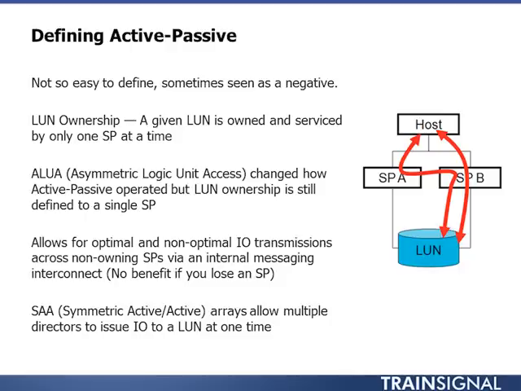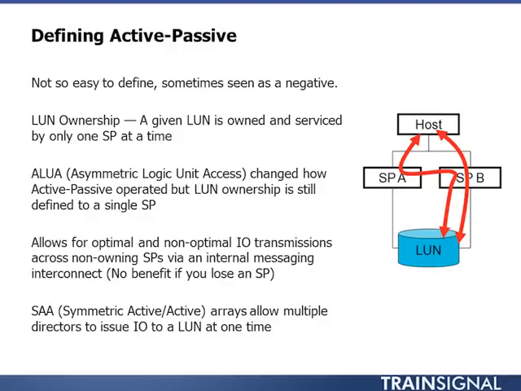Now, when you add in something such as ALUA, asymmetric logical unit access, this really changes the way how active-passive operates. But does it really? LUN ownership is still defined to a single SP. So with ALUA, the best way for me to describe this, and this is a very common diagram when it comes to ALUA itself, it's not something that I developed, but if you look at it from this perspective,